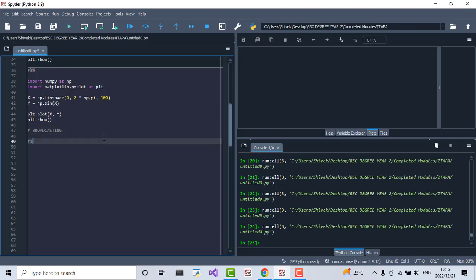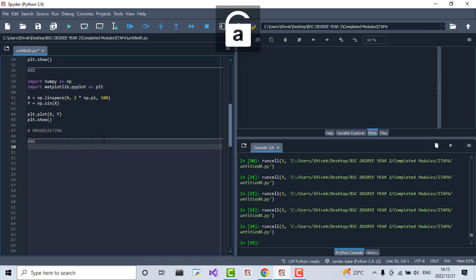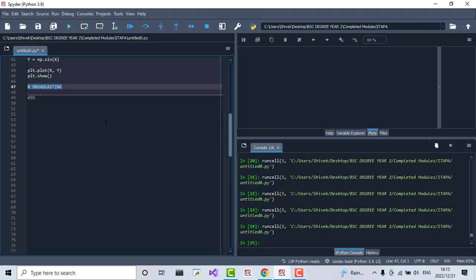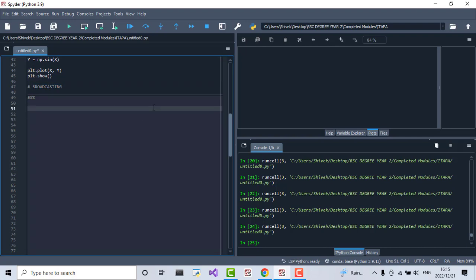Broadcasting has been covered on the channel in our NumPy tutorial series, and this is what makes NumPy so powerful, especially when you combine it with MatPlotLib, because generating data is not a mission. You can do a simple plot of data in less than 5-6 lines of code. So import NumPy as np, import